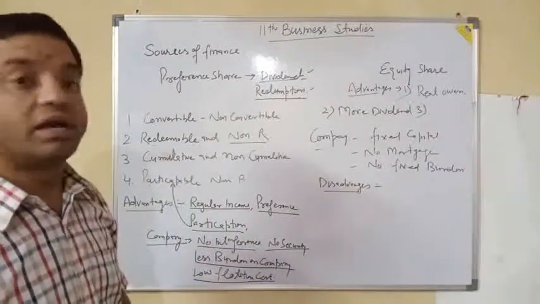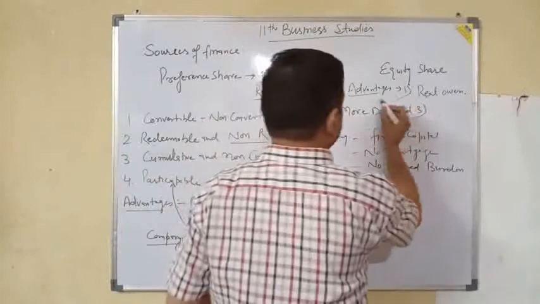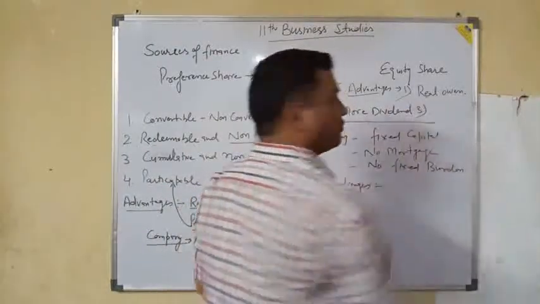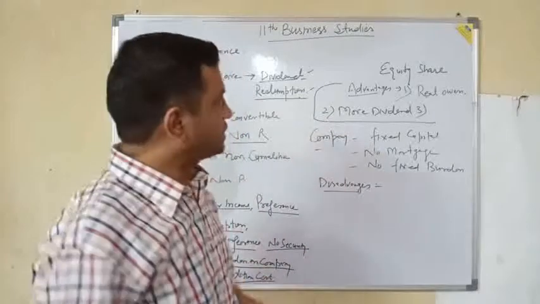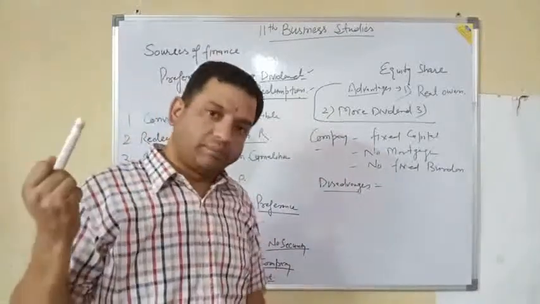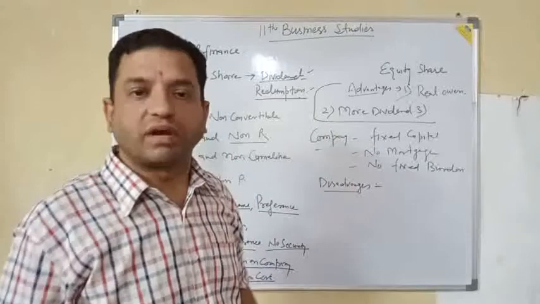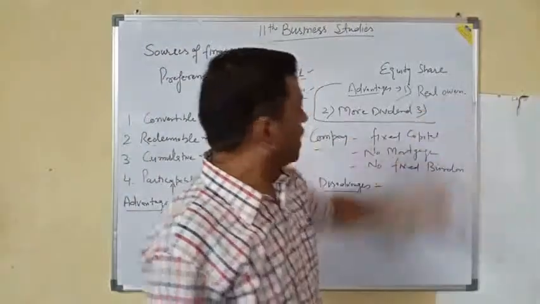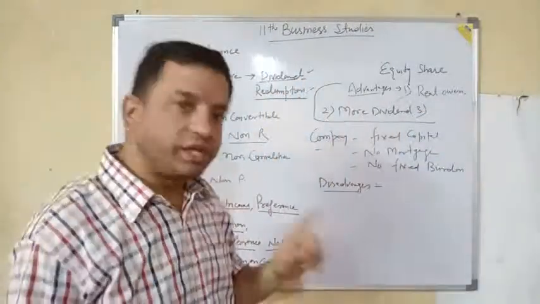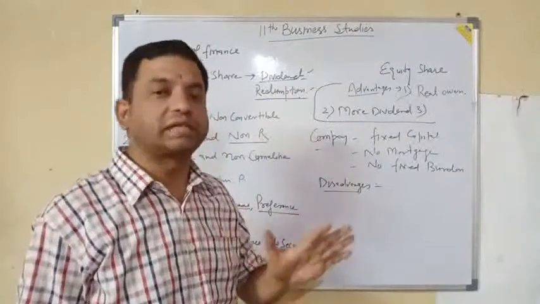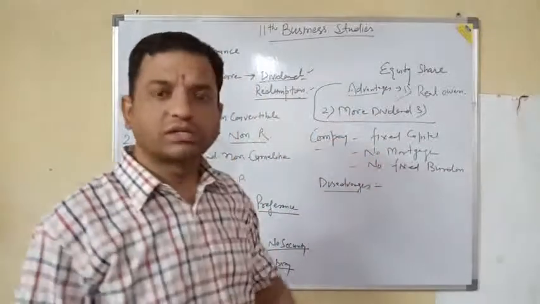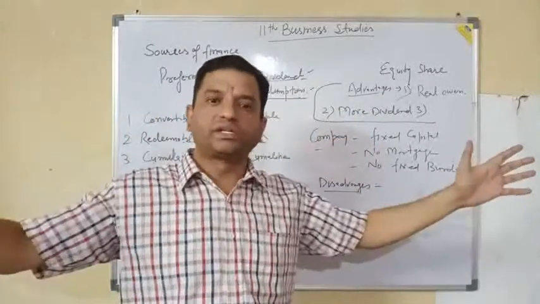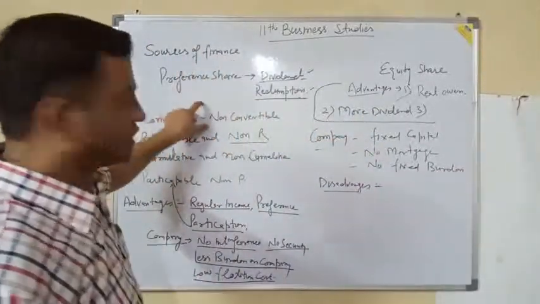Now what are the advantages? Number one advantage for the investor: if I am an investor going to invest money, suppose I have invested in the company's equity shares, then what advantage will I get? Number one, I will be the real owner of the company, because equity shareholders are considered the real owners of the concern. Second, more dividend, because suppose if plenty of profit is there, then preference shareholders will be given